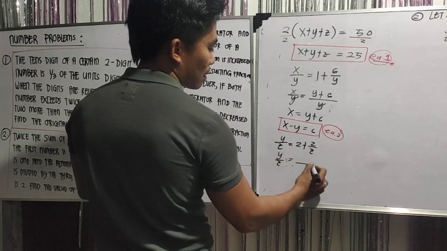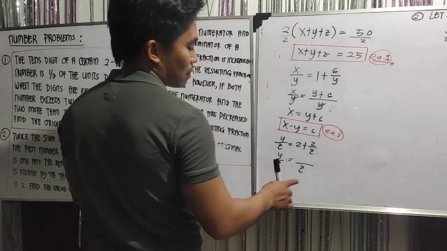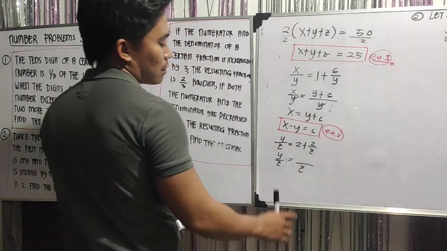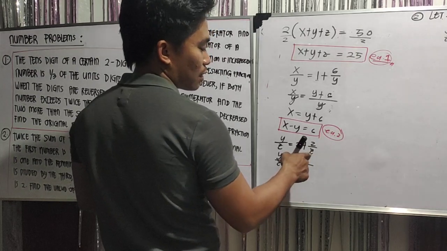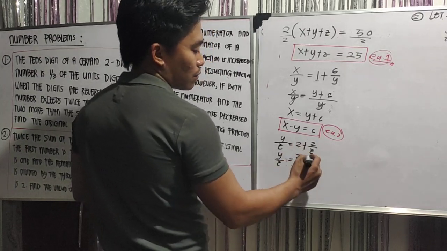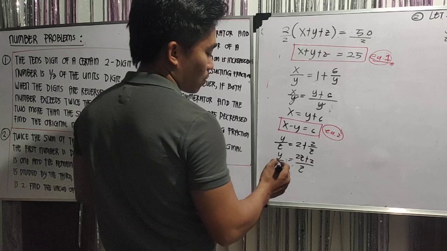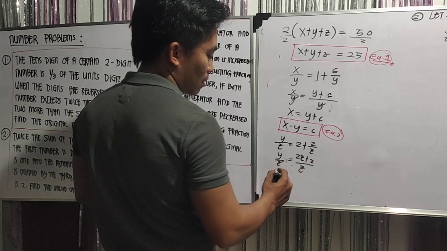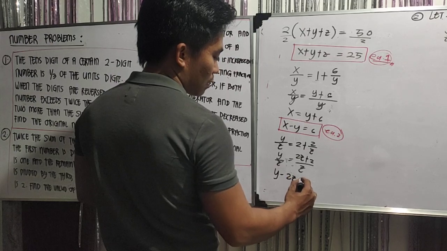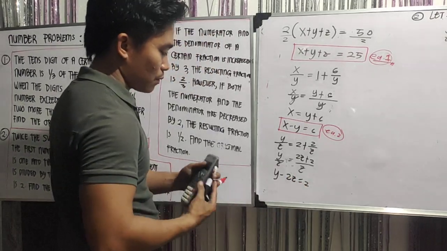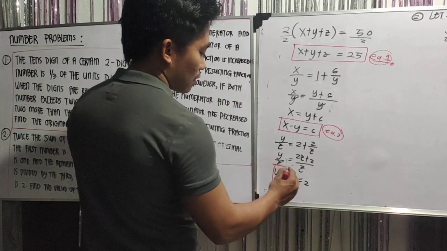That is just z divided by 1, that is z, times 2, that is 2z. So, z divided by z, that is 1, times 2, this is 2. So, common lang si z, cancel yan. Therefore, y minus 2z is equal to 2. This will now become my equation